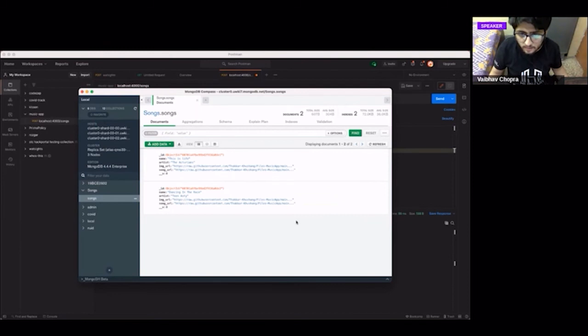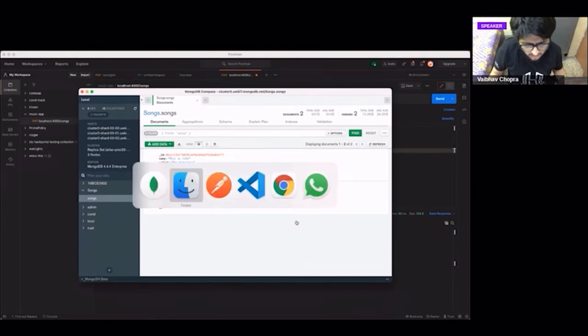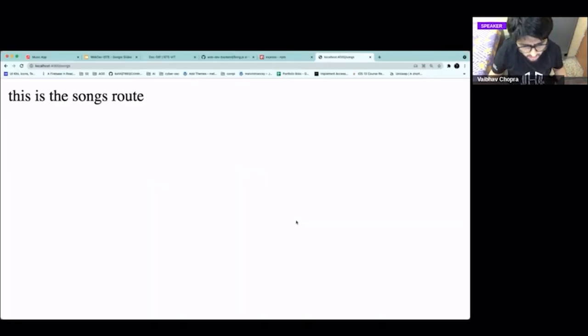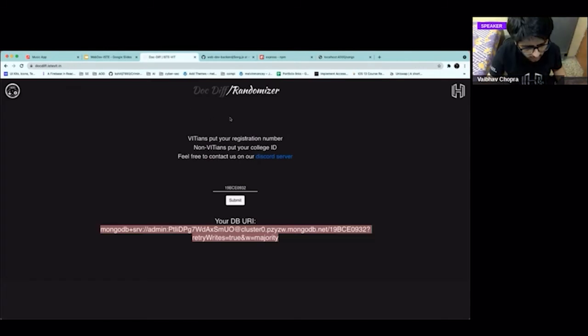Okay. What was our request URL? Request URL. I think you mean the MongoDB key. So you can go to docdiff and enter your registration number, and you can generate a free key. So you can use this if that was your question.